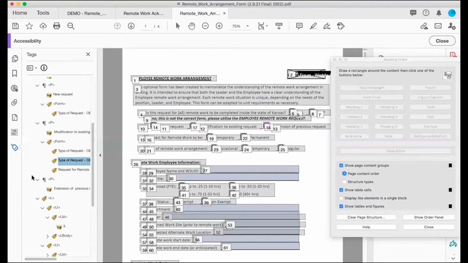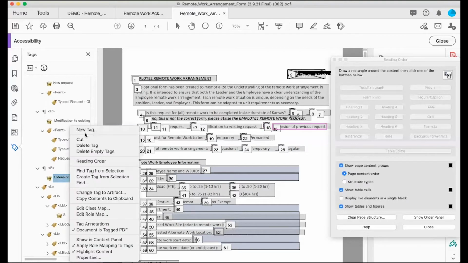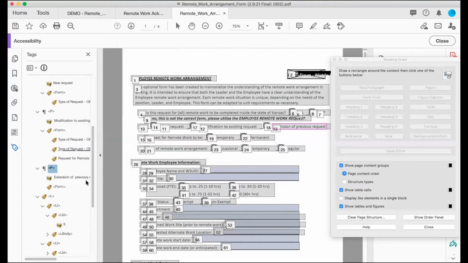And this one should be the 3rd. It is. Okay, extension to previous. New tag, form, and drop that right under there. And we still have this oddball extra that actually goes to a lower thing, but we will deal with that as we go. Okay. Basically, right now we have our